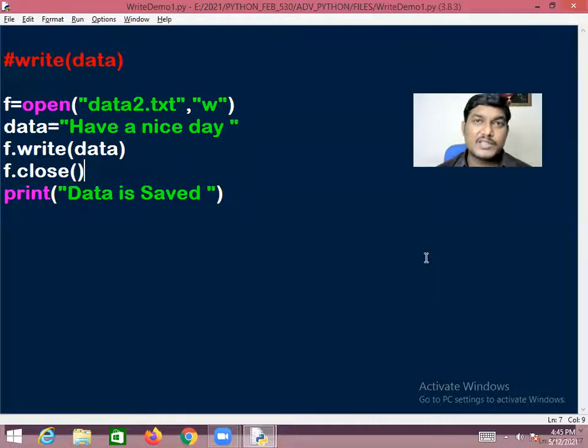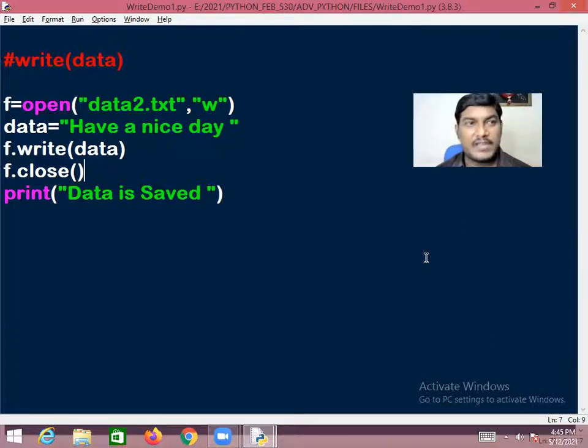Sir, is there any possibility to extract the data from the user and write the data into the file? Of course, my dear friend, that is a really nice idea. We can achieve that. I hope you are catching my points very clearly. Now I want to write the program in such a manner: I want to extract some data from the user, and that extracted data I want to write into the file. Of course, it is possible. We'll see it in another program.